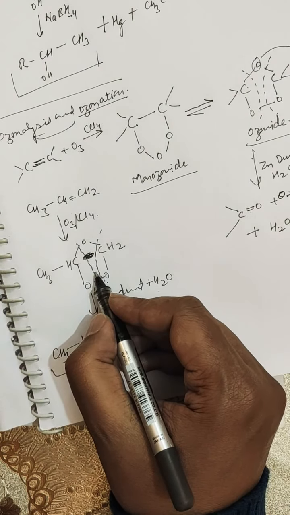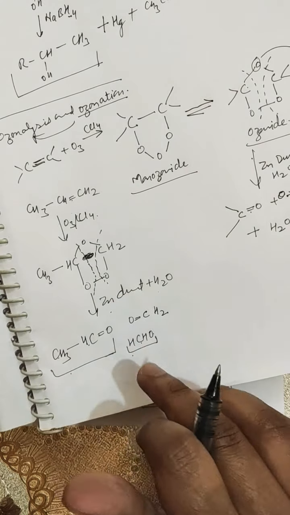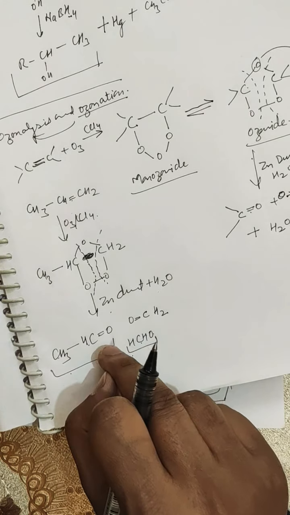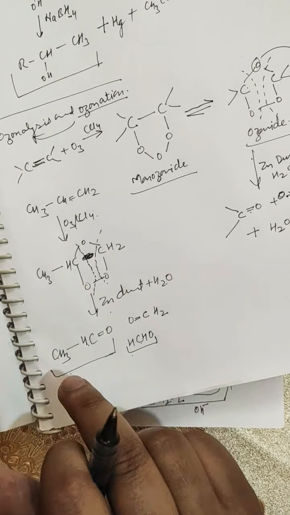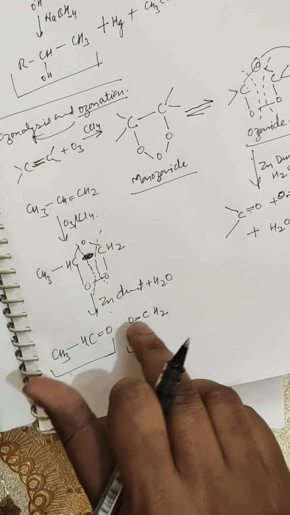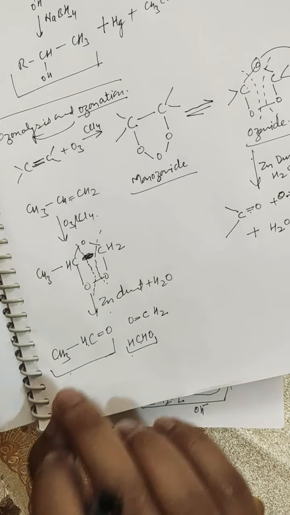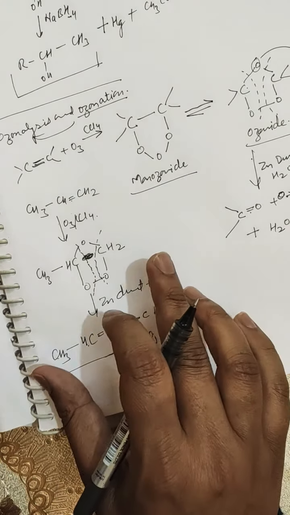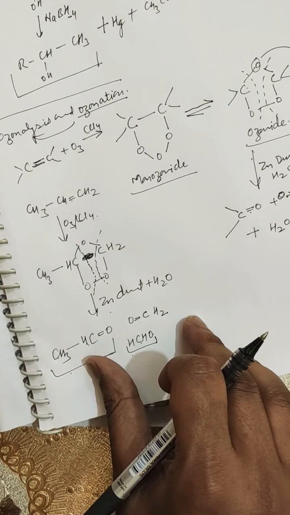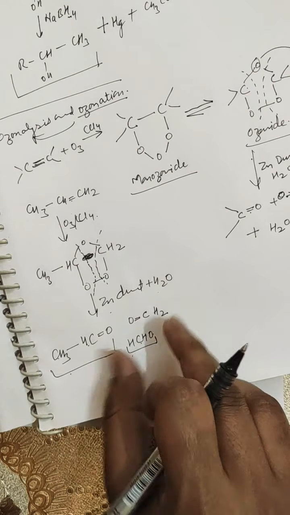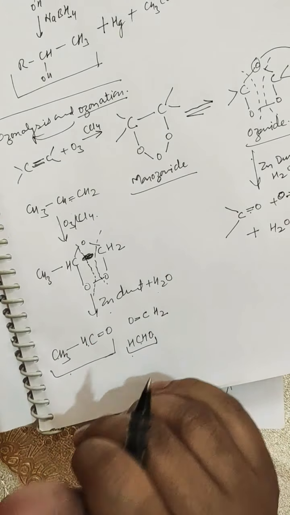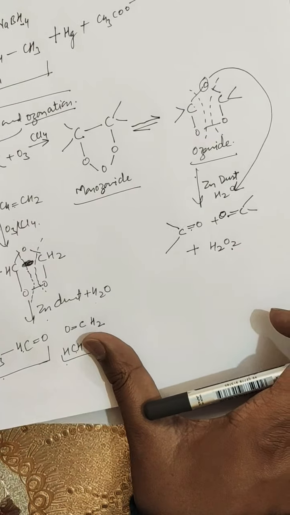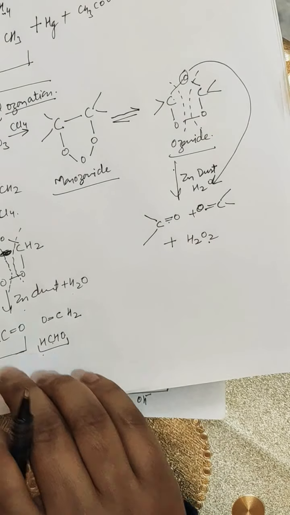Two products are formed. Let me remind you that naming is the last portion of writing a particular organic reaction. First of all, go for the mechanism and try to explain each and every product, how that is formed by a satisfactory mechanism. First try to understand the mechanism and then write it. After writing the mechanism and the final products, you just try to write their names. If you know the mechanism, you will find it easy to write their names. So don't try to cram everything here, that is, don't try to cram their names.